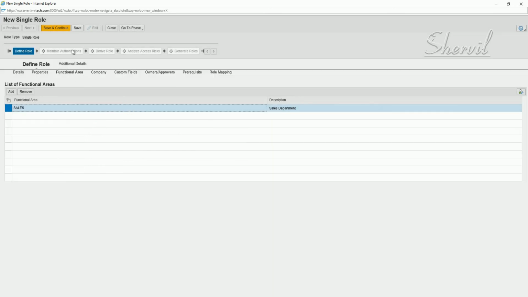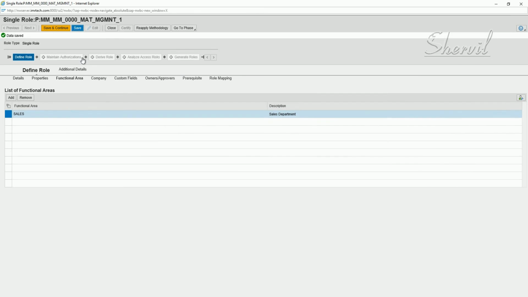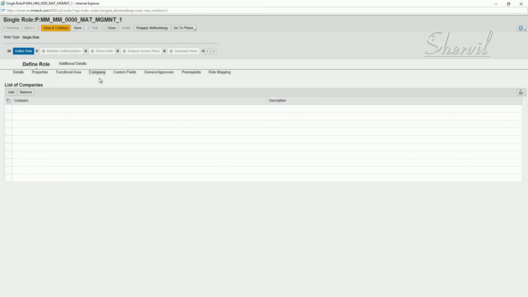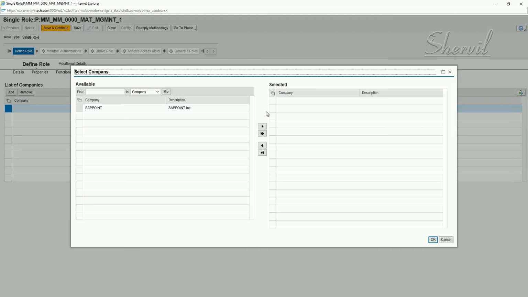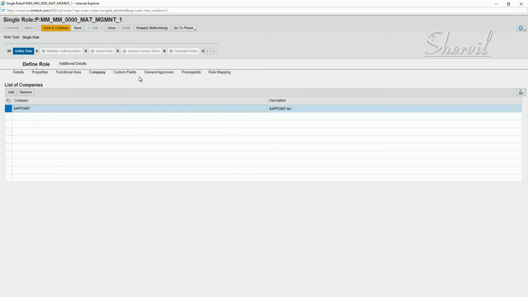Okay, and every time you assign an attribute, just click on save. Add the company name. And some of these attributes are not mandatory, okay? We are just going through these steps. Okay, approvers.